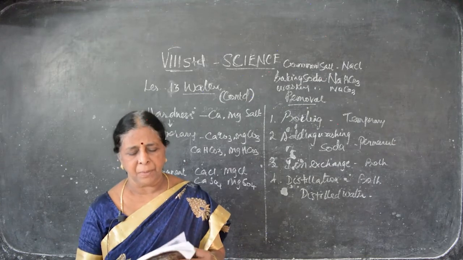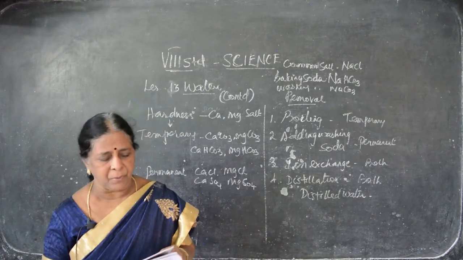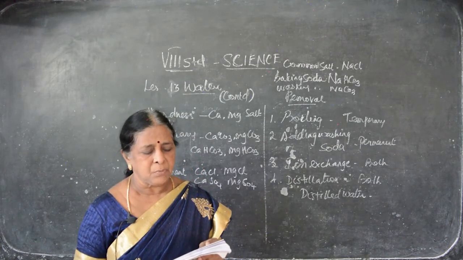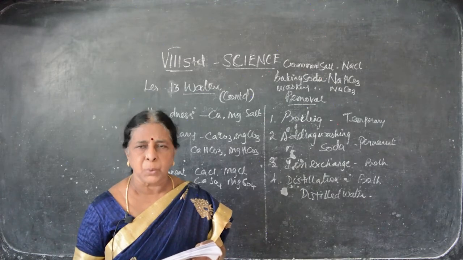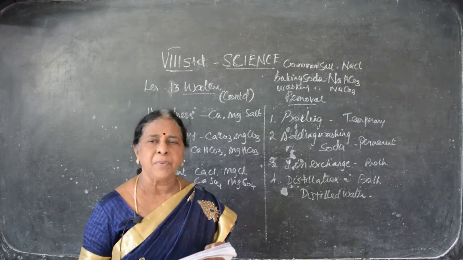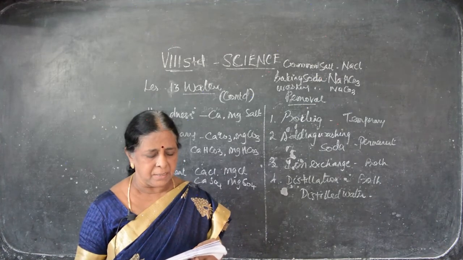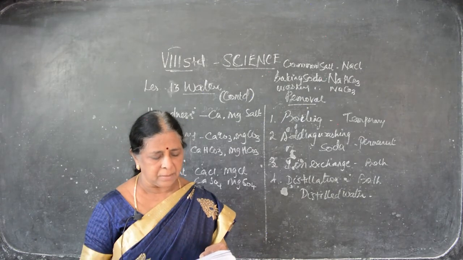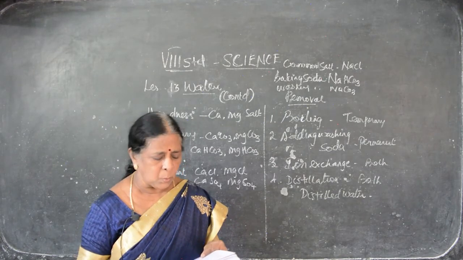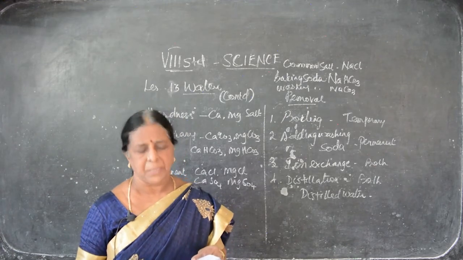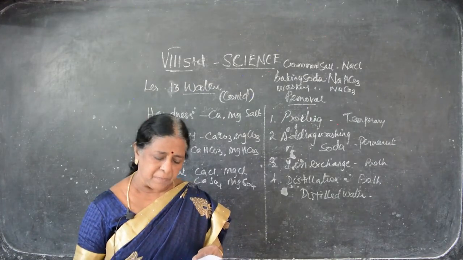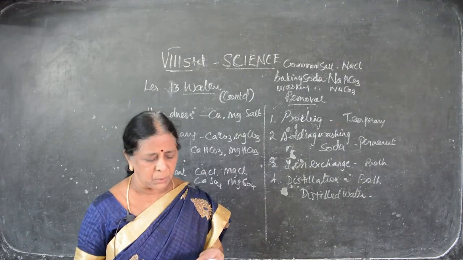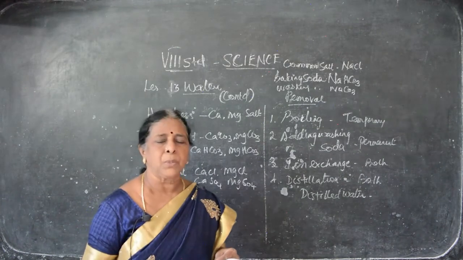And answer in brief. That is in page number 154. I have to give first question, second question, third and fifth. In this, fourth one is omitted. So I have to give answers only for 4 questions. And detailed answers, 4 detailed answers are there, and I have to give 3 detailed. Only first and second detail, third and fourth one is omitted. Here, fourth question is: explain the different ways by which water gets polluted. That also. So 4 detail answers I have to give, only third one is omitted.